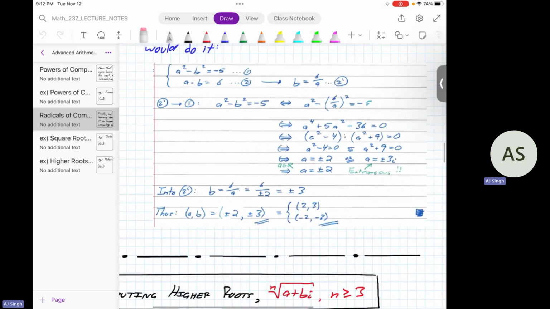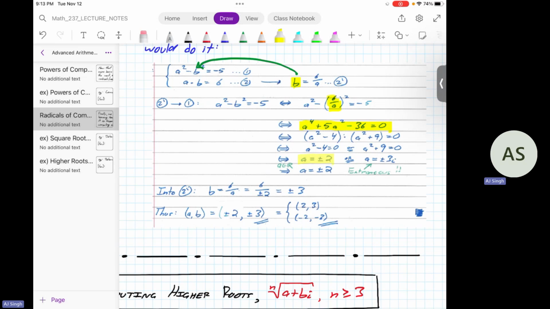And this screenshot shows how we solved the system in the first example. We take the second equation and isolate for b, and sub that into this b right there. And then after some simplifying, you can get this yellow equation, which we were able to factor